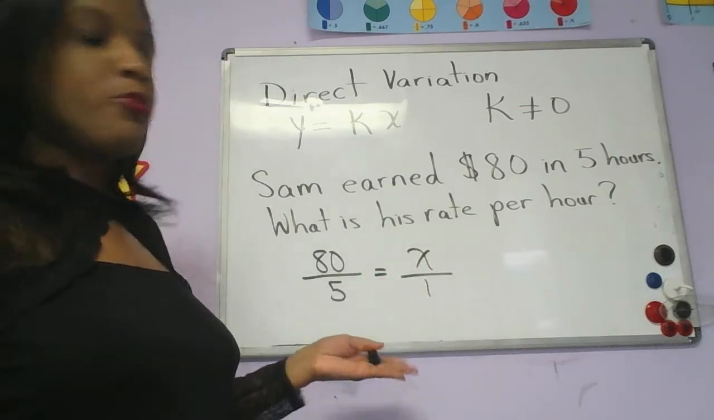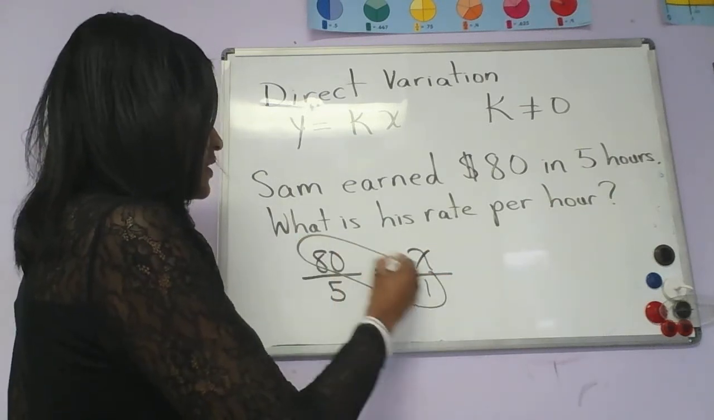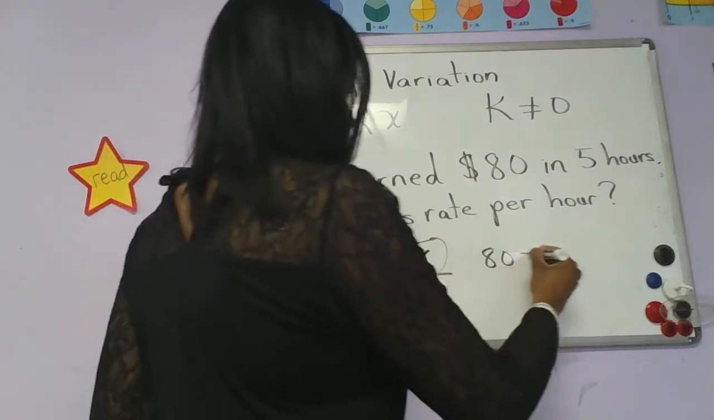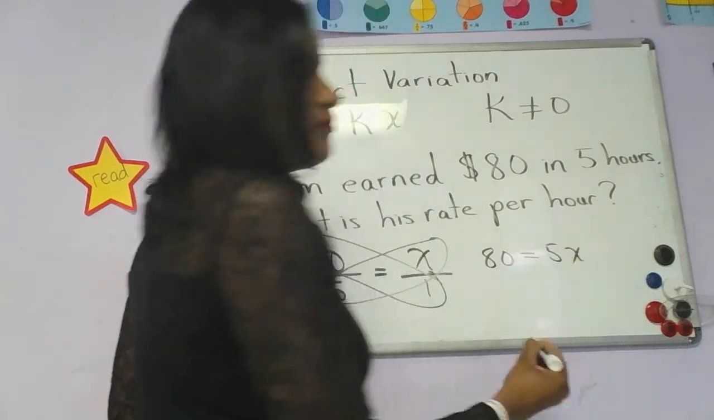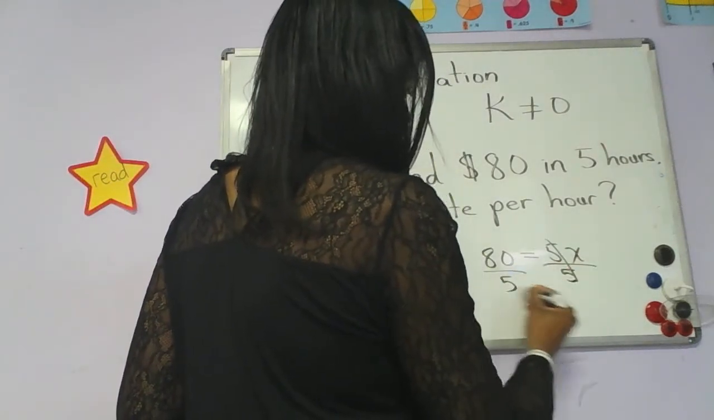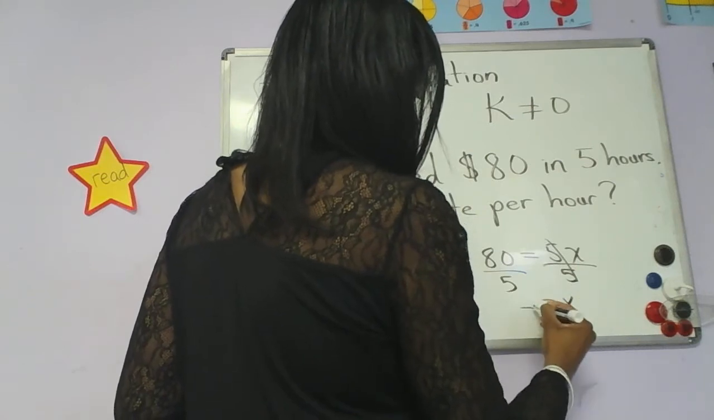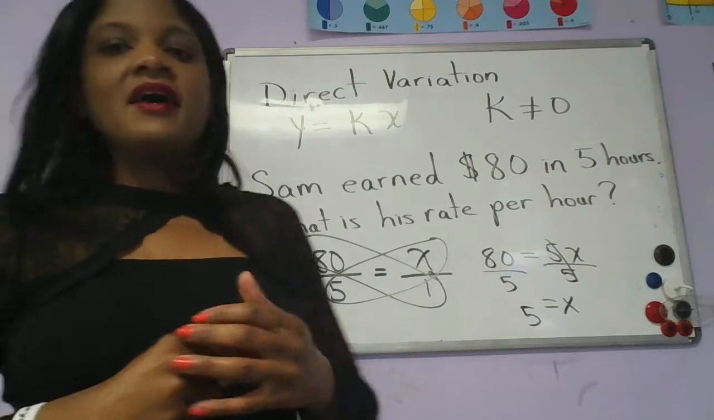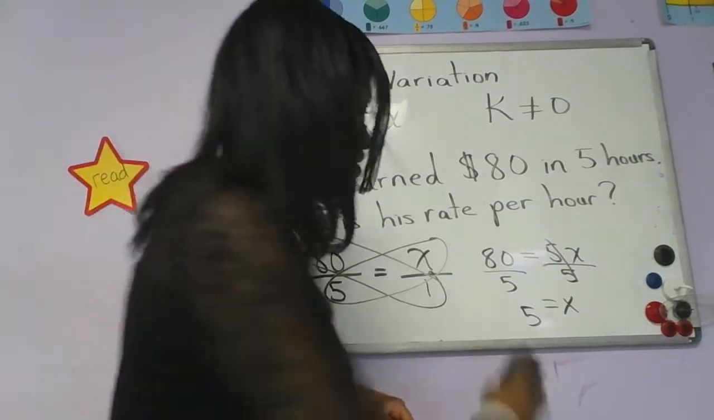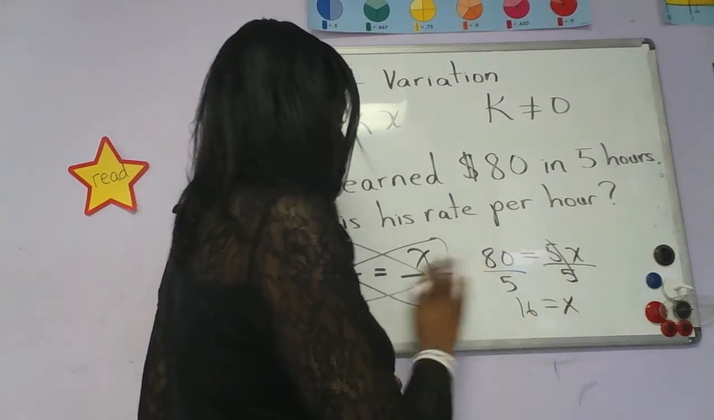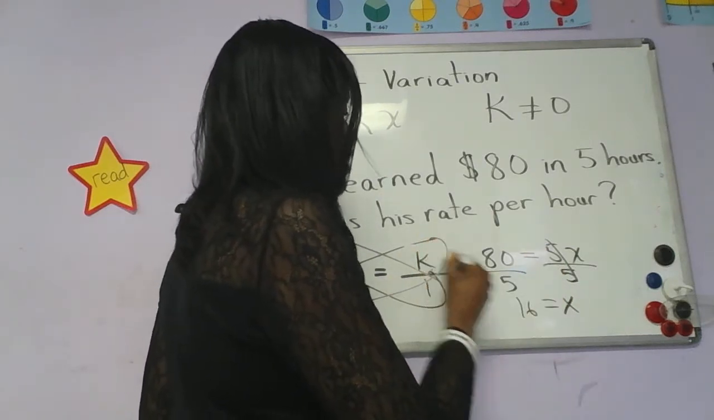So we can set it up as a proportion. Cross multiply. 80 times 1 is 80. 5 times x is 5x. And then we can do 80 divided by 5, and we get x equals... now, in this case, though, I'm sorry, x is not equal to 5. Sorry. x equals 16. And perhaps I should have changed that to k, because what we really are solving for